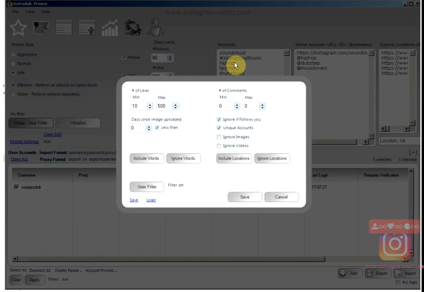100 images today, and I have scraped those 100 images. I don't really want to be liking 100 images of the same account, and so I can specify unique account. That means I will only interact with one image of the account. If the search has returned 100 images of the account that I'm going to be following based on the returns of the hashtag,